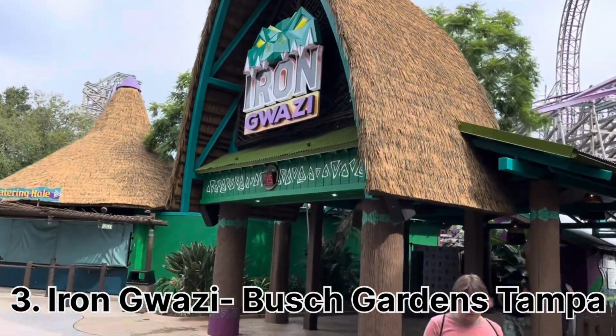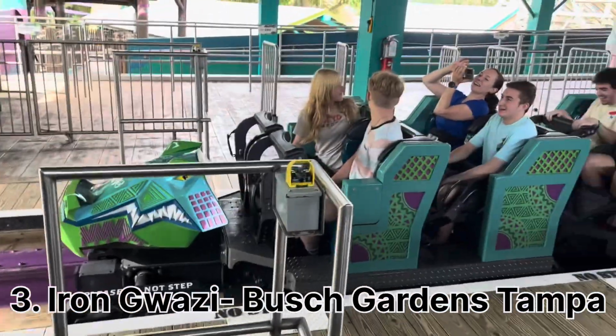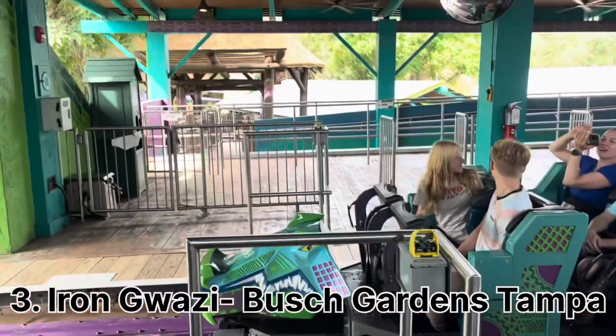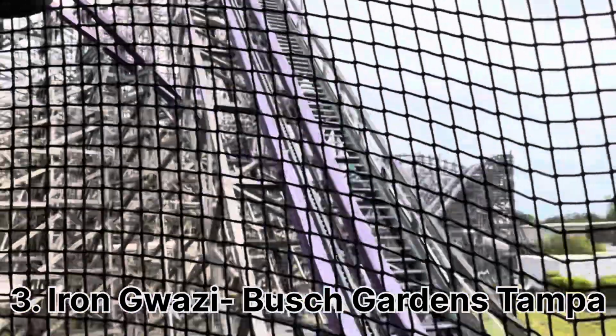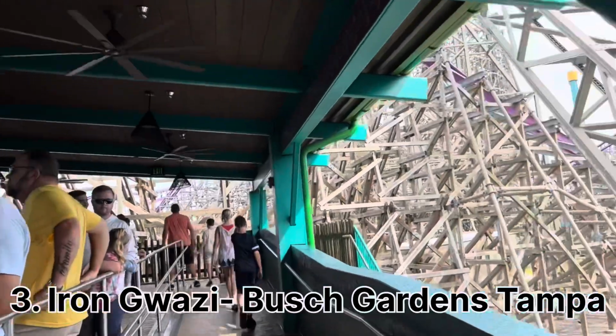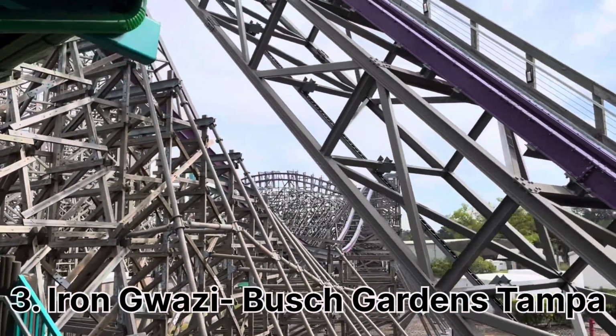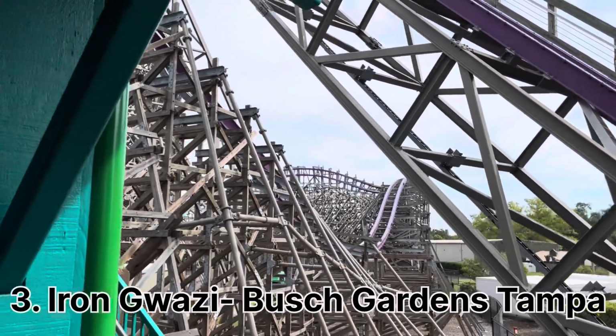Coming in at number 3 is Iron Gwazi at Busch Gardens Tampa. And it is an RMC hybrid, my favorite RMC roller coaster of all time. And this roller coaster is over 200 feet, goes through great inversions, and the death roll, it's one of the